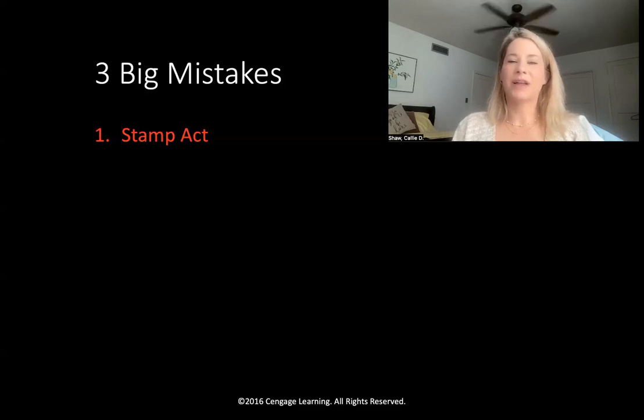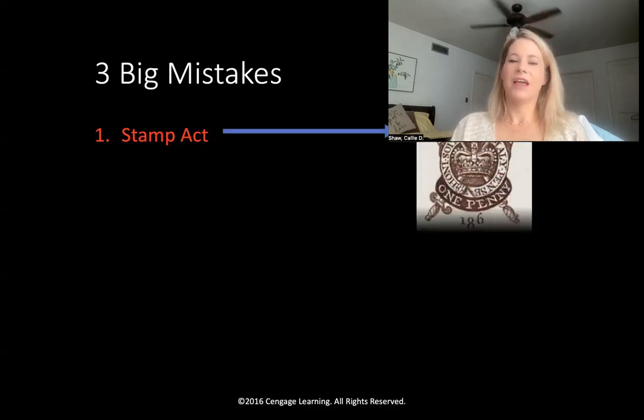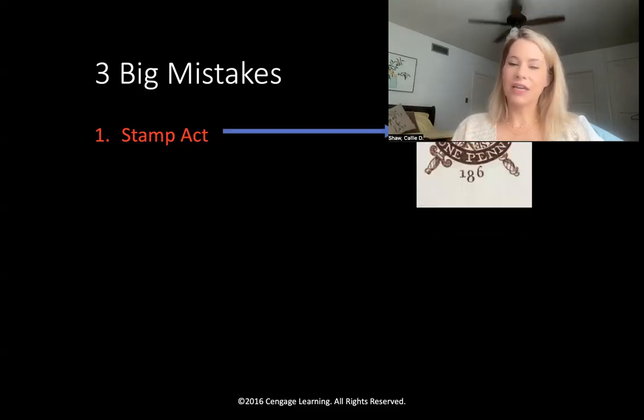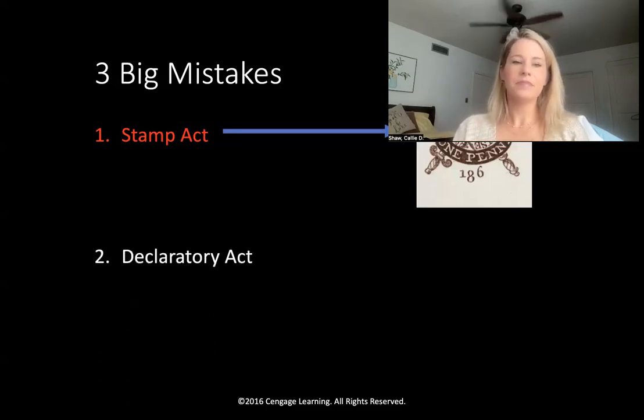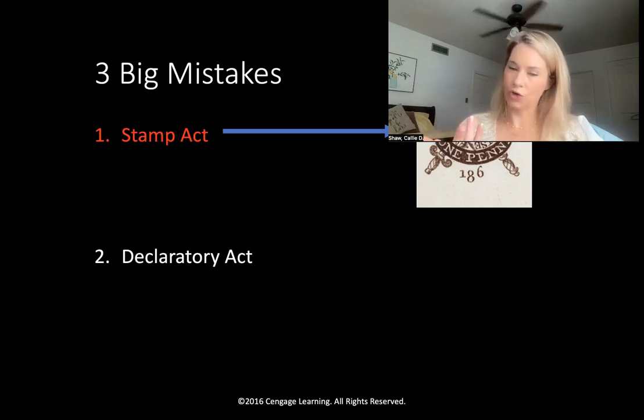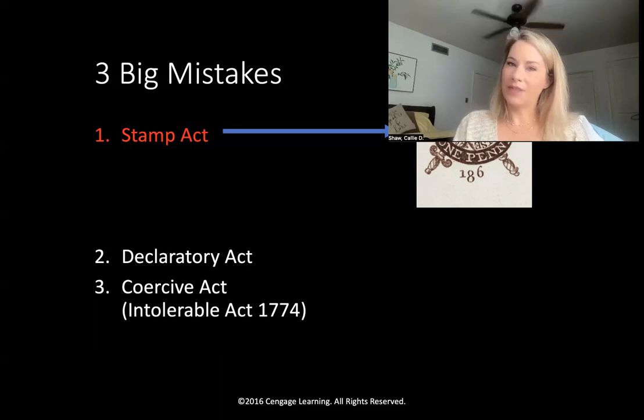Nonetheless, when King George heard about this, he was furious. He stomped his royal feet and was in a huff and a puff and was not a happy camper. Now, this is actually an actual image of one of the Stamp Act's taxes. That's what it looked like. So he instituted what was called the Declaratory Act. Now, another way to understand what the Declaratory Act is, it allowed the king, King George, to declare anything he wanted, which of course he could do because he was king, but he was basically putting his thumb in the eyes of the colonists saying, hey, guess what? I'm king and I can do what I want. So they weren't very happy with that.